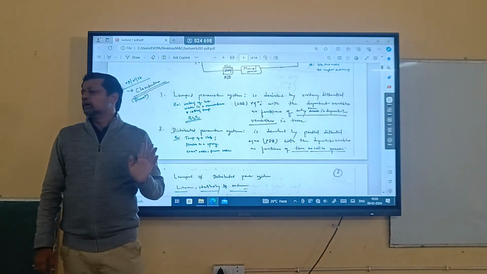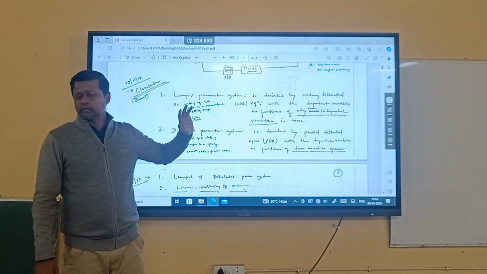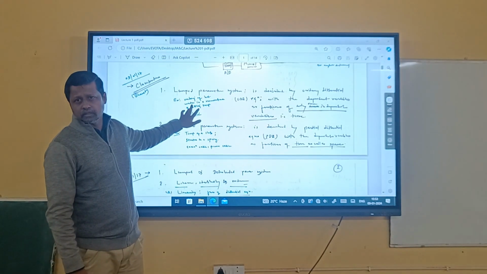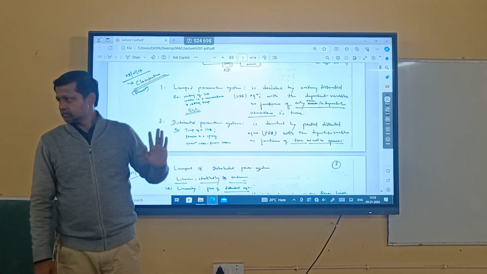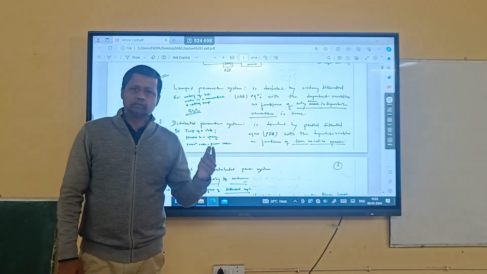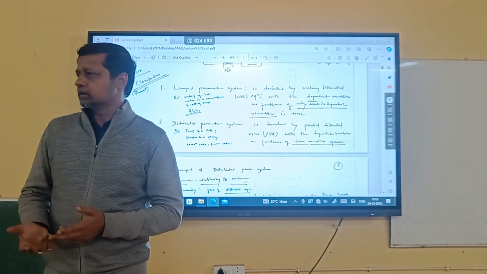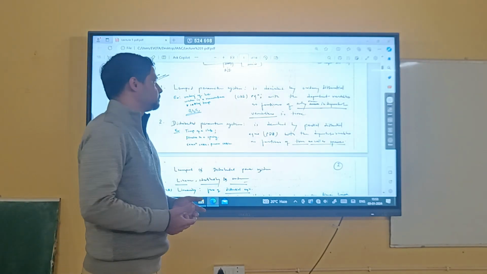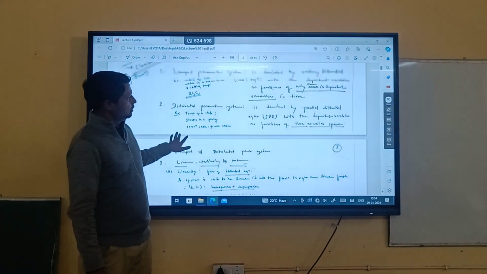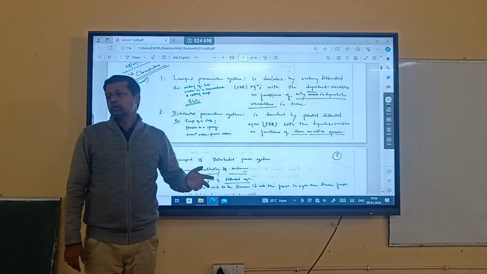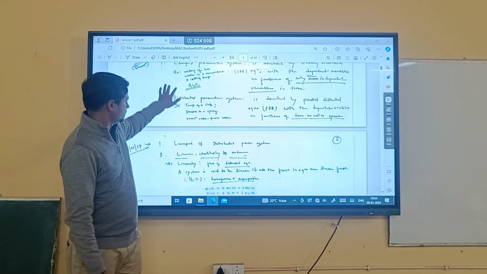Next, probably you are already aware, the lumped system. This is something we have already classified under the head of network theory. So remember it, okay. Either you define lumped and distributed in terms of analog and discrete, or you define them in terms of ordinary differential equations and partial differential equations. It is up to you. One is the mathematical approach, one is the theoretical approach. You are free to classify in either way.